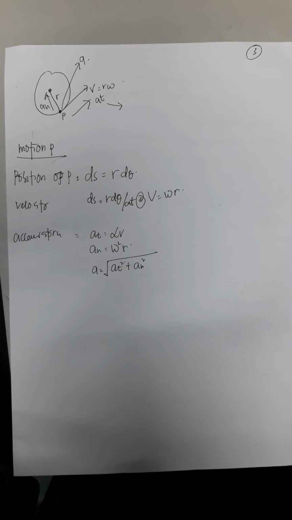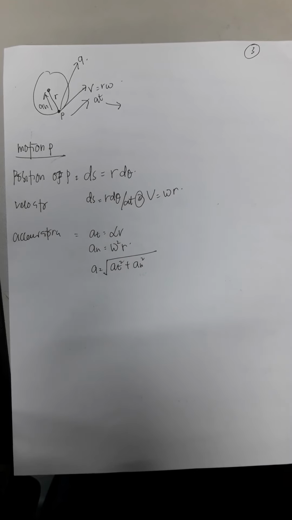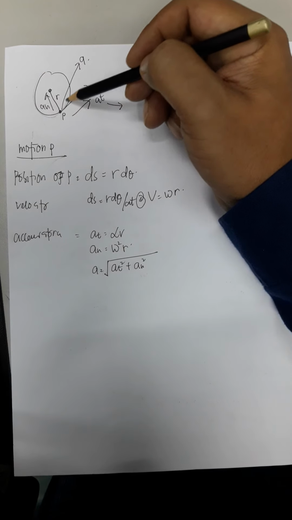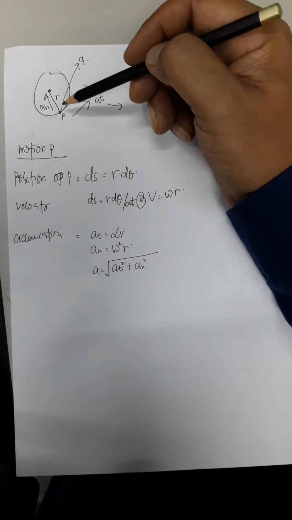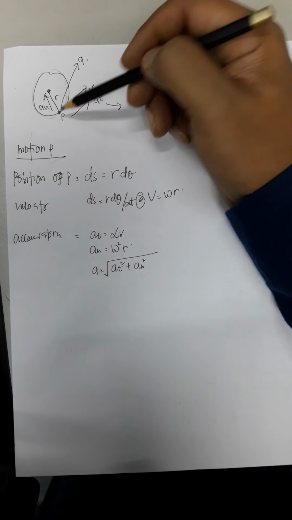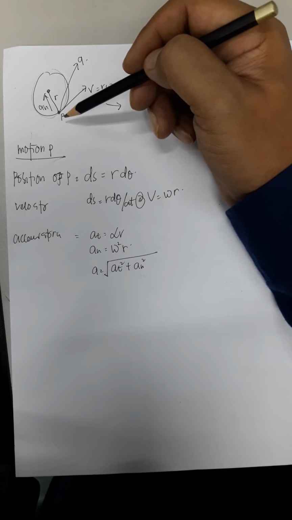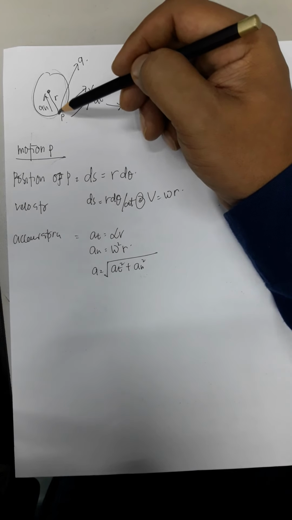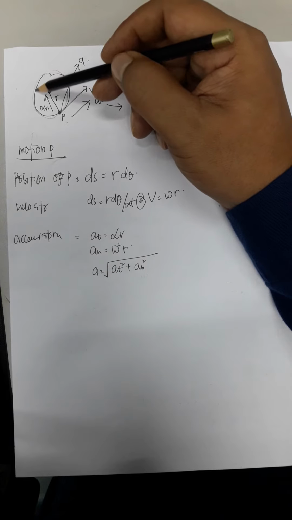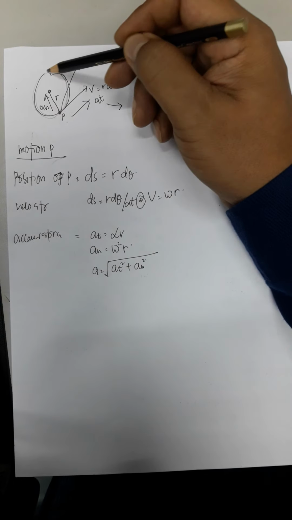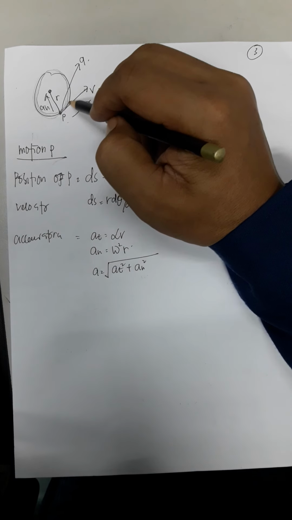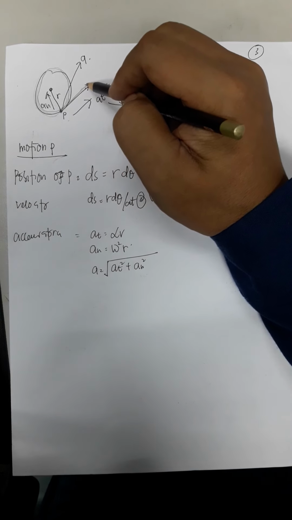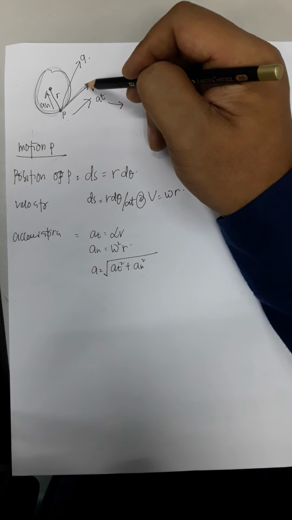Another equation that you have to understand in this rotational motion: imagine there is a ball here, and this is point P. Sometimes the question will ask you what is the angular position of P, what is the acceleration of P, what is the velocity of P. Imagine this is point P. Actually, during this movement or angular movement, something like this, there is an angular acceleration,